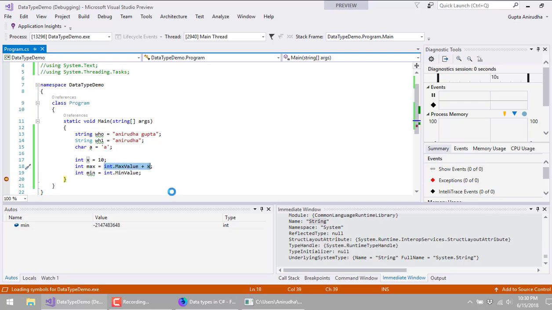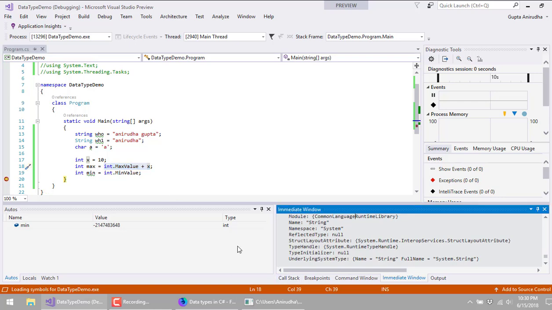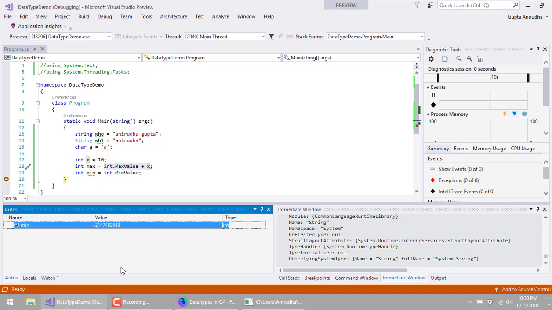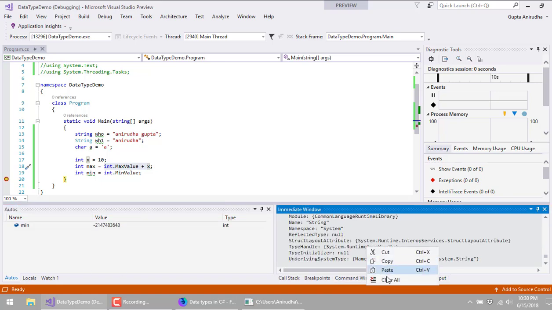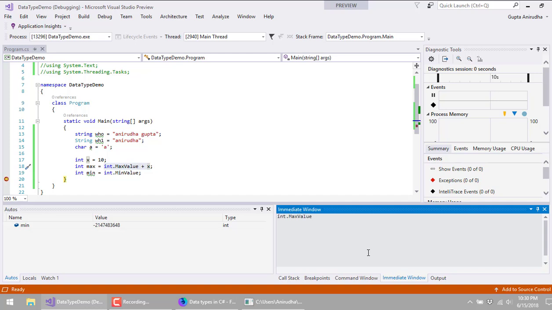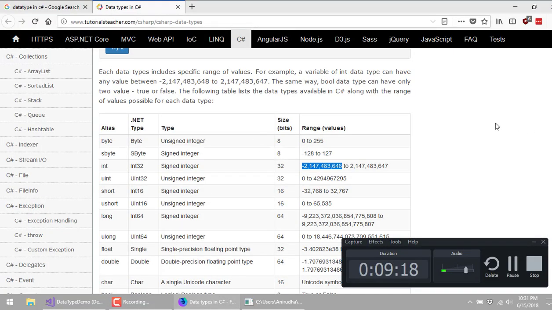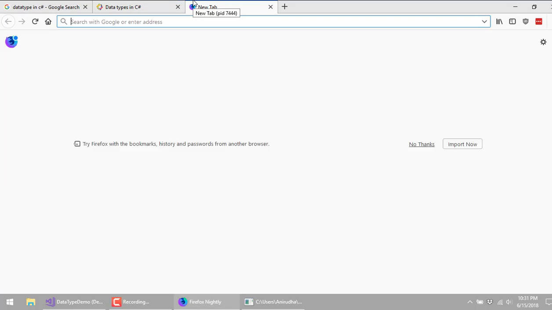When an integer value overflows, it goes in the opposite direction. For example, I can show you a demo, something like this. This is the integer maximum value. So if I add one, it becomes negative. So this is totally incorrect. For preventing this, we can simply use